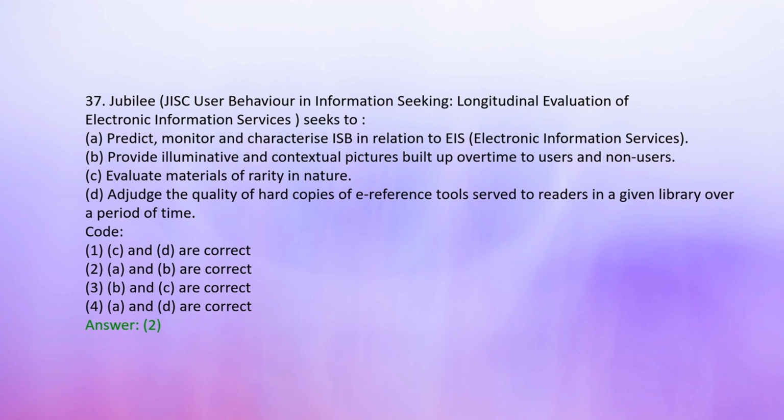B: provide illuminative and contextual pictures built up over time to users and non-users. And C: evaluate materials of rarity in nature. And D: adjust the quality of hard copies of e-reference tools served to readers in a given library over a period of time. And codes are: